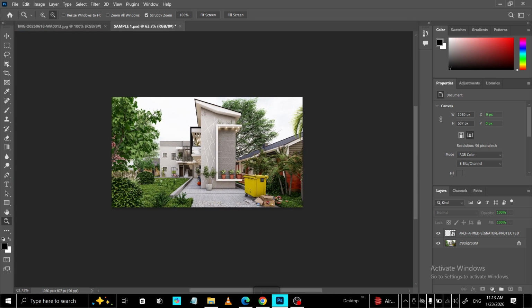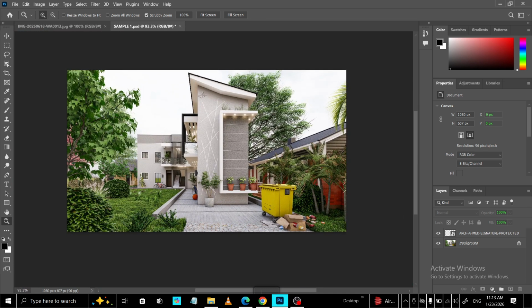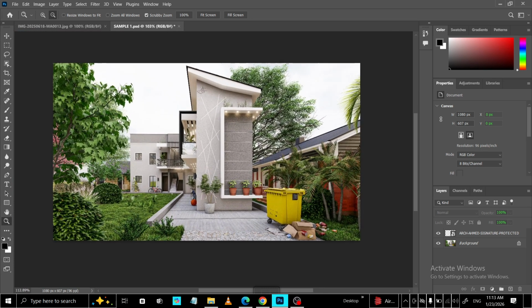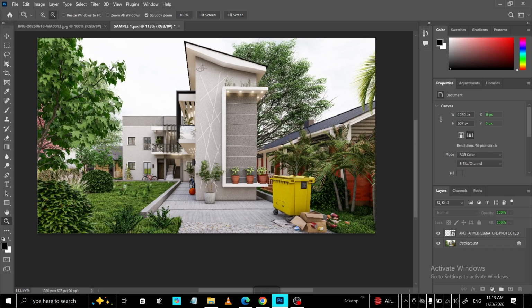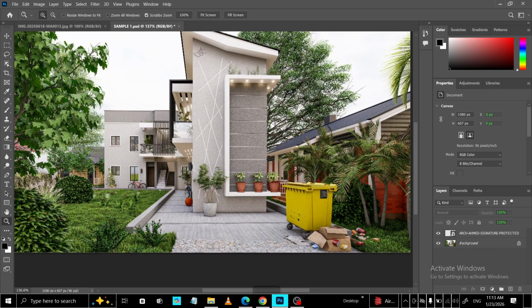To recap, select the zoom tool, click to zoom in, hold Alt or Option and click to zoom out. Use the scroll wheel to navigate, and for precise control, hold Alt or Option while scrolling. With these techniques,